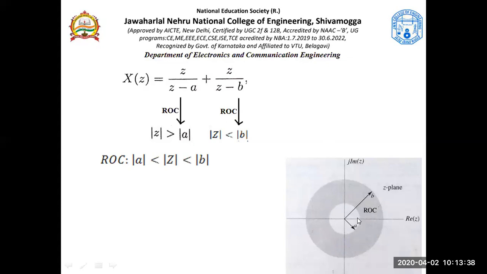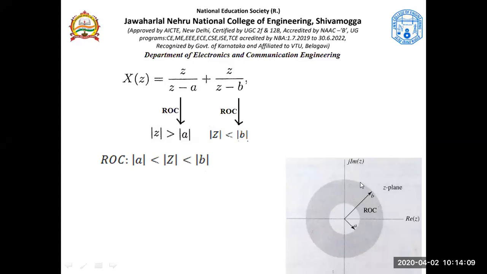If you mark your pole here, the other pole would come here because plus a as well as minus a. That's why you have to draw a circle of radius a. After drawing the circle of radius a, it very clearly says that ROC is z greater than a. That means beyond this is your ROC. And there is another ROC which says that z is less than b. That means you need to draw another circle of radius b.